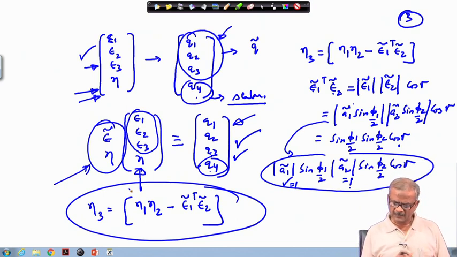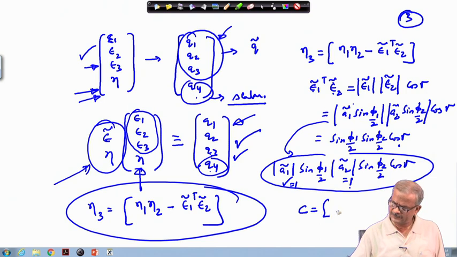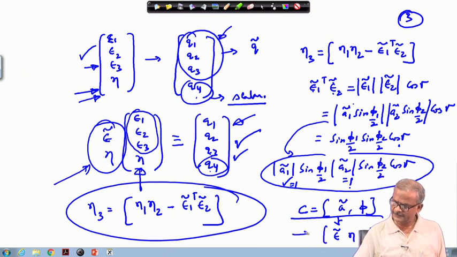Now, till now we have expressed C in terms of A tilde. Okay. This we have expressed as a function of A tilde and phi. Now, we will convert this in terms of epsilon tilde, eta and phi. So, if we put it in this format, we get the rotation matrix in terms of the Euler parameters instead of this A tilde.